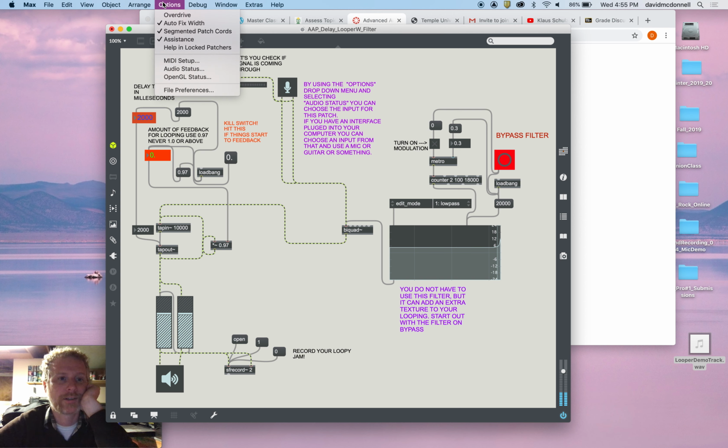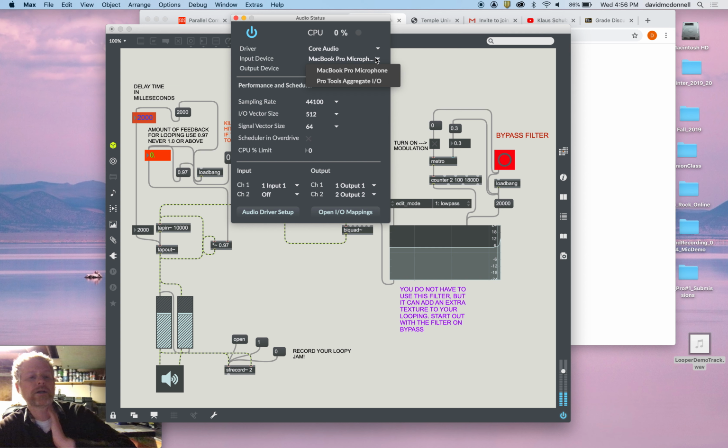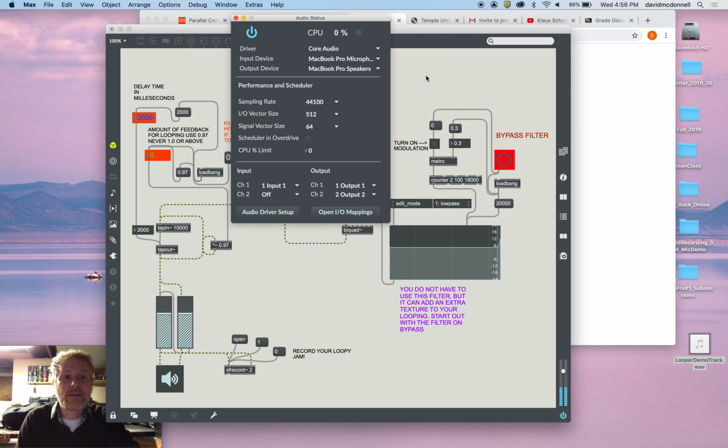So watch, I can just go up here to options, audio status, and then look where it says input. Let's say I had my Motu plugged in, or my Focusrite Scarlett. That would show up there, and then I could literally just plug a microphone into that, or better yet, plug in my bass, or a nice pickup mic, a higher quality mic, a pickup mic for my saxophone, or some cool keyboard I have. I could plug that in, and then the input,